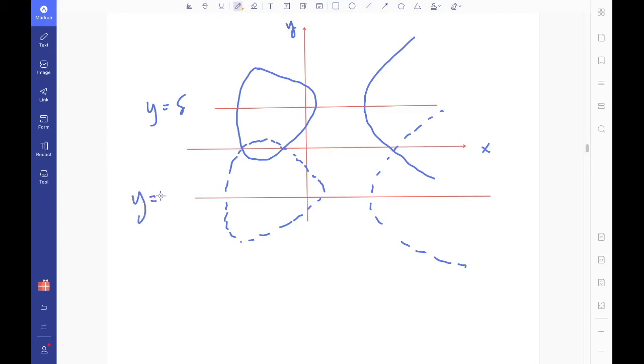If I then shift this graph up by 2 delta, that would be equivalent to a reflection about the line y equals delta. So let's try and show that under these transformations, the equation of the graph